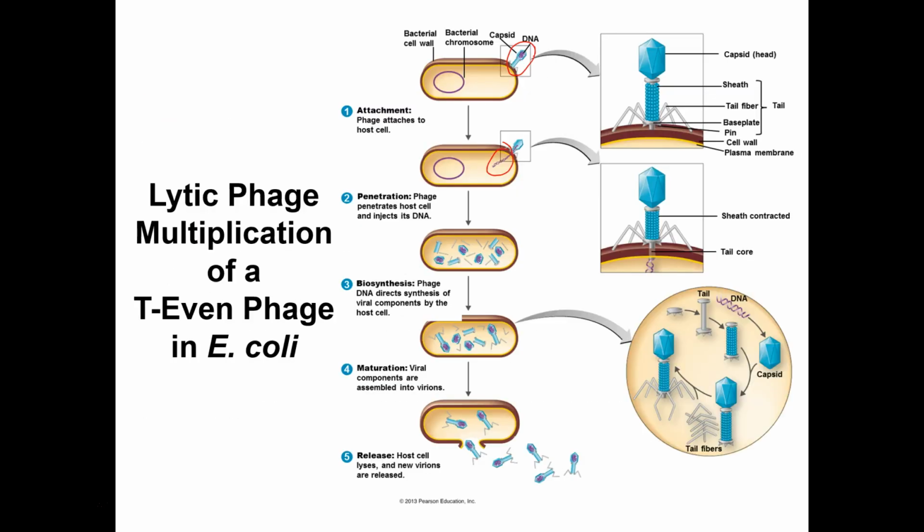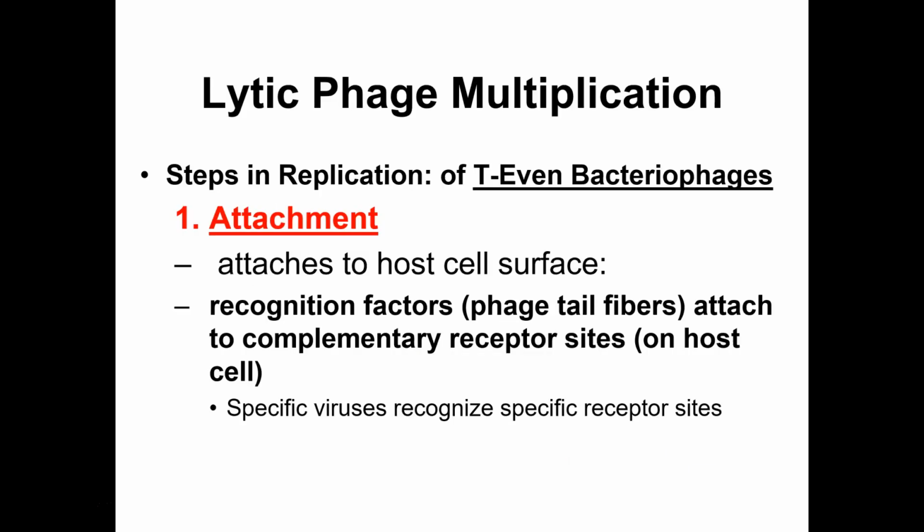So for instance, the DNA is carefully woven into the capsid. Very carefully. The tail sheath is also assembled separately. Once those are assembled, they are combined, and then the last thing that gets attached are the pins and the tail fibers. So again, done in a highly chronological order.